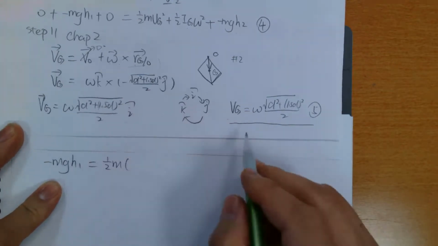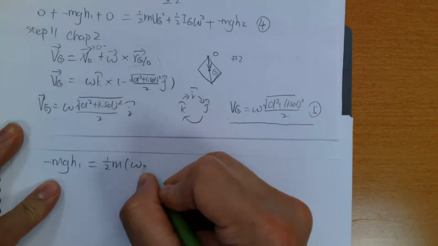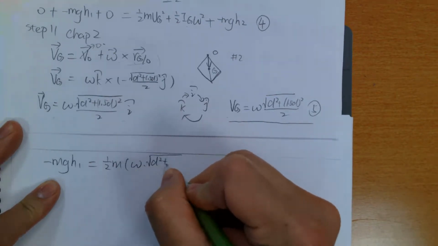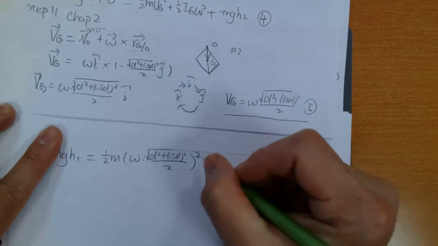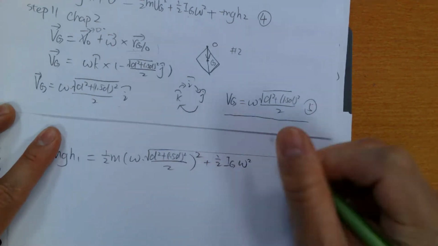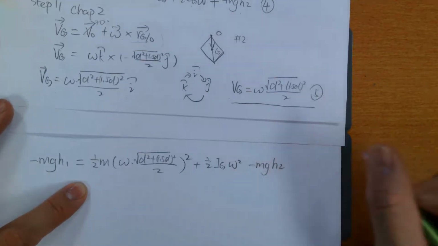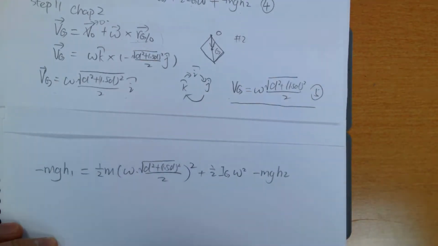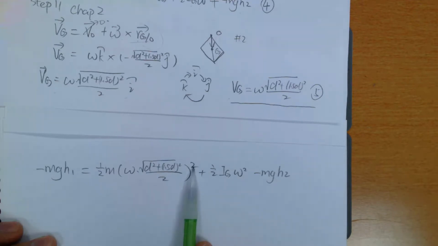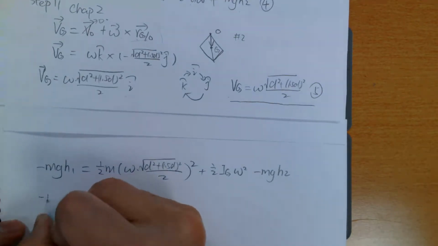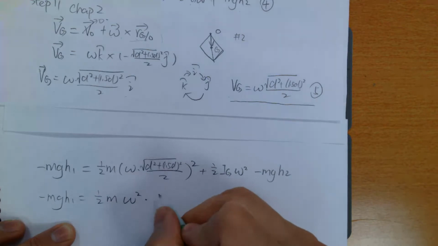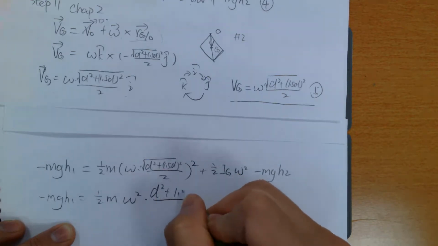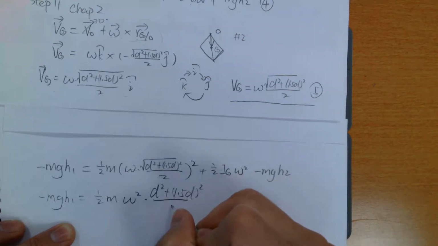1/2 mass times, plugging in this expression, omega times d squared plus 1.5 d squared divided by 2 squared, plus 1/2 Ig omega squared minus mgh2. So here we substitute Vg, and now we can take this square into this parenthesis. Omega squared times d squared plus 1.5 d squared divided by 4,